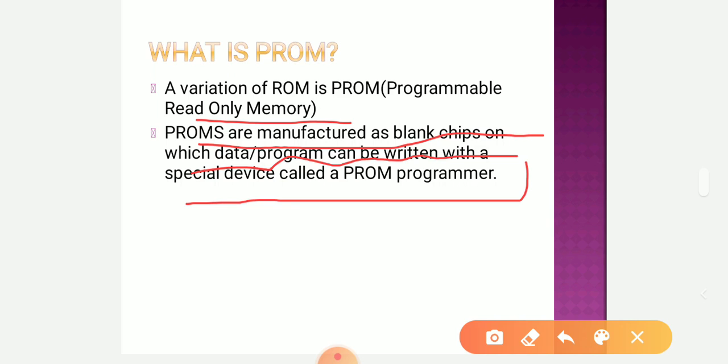Just as an example, a blank chip: let me give one example in a washing machine. In a washing machine there is also a PROM. Why? Because in the machine there is one blank chip, and the company, the washing machine company, installs its functions.